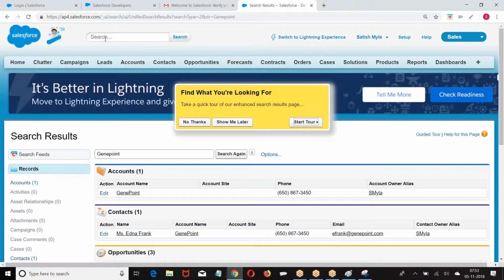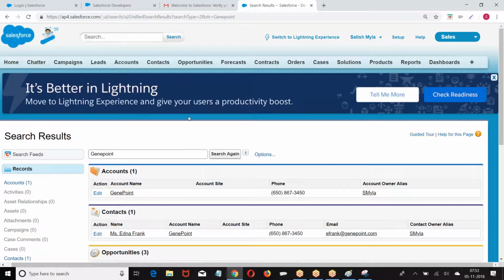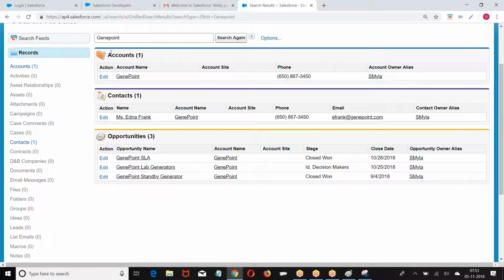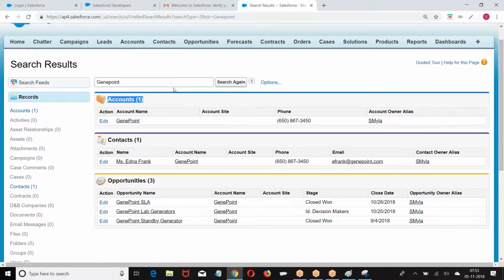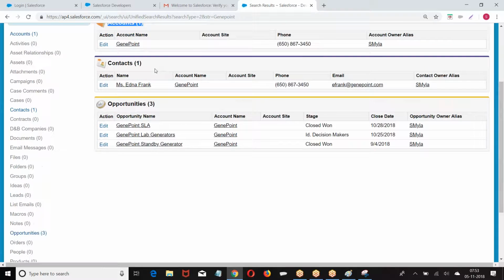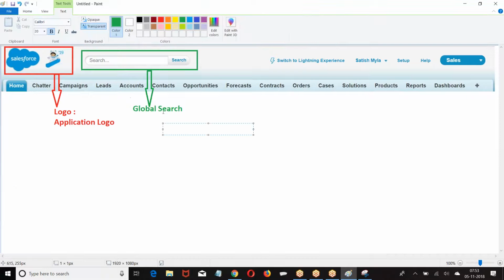Now, any data that is available in the database, we can track those. Now, what was that? Account 1, contacts 1, opportunity. On the name of Genie Point, we have the following data. Now, I can search the data from the search box. Any data that is stored in the database, I can search for from the search box. That's why it's called global search.